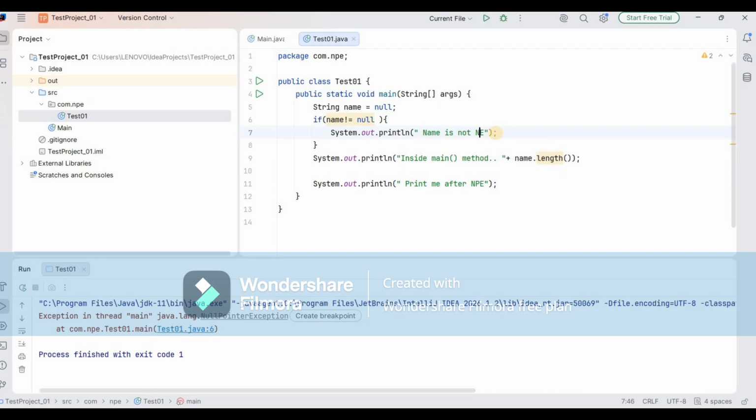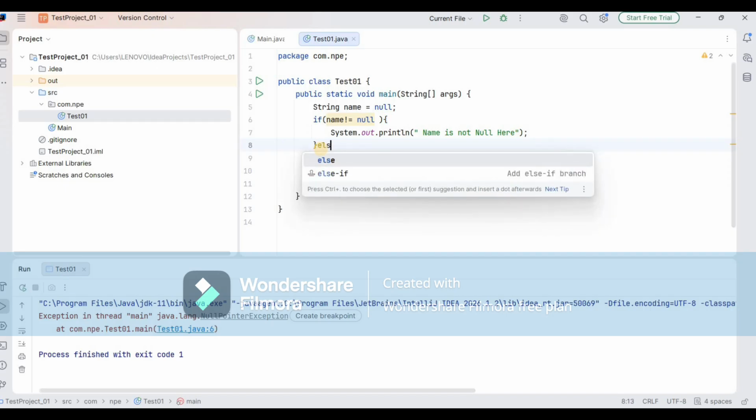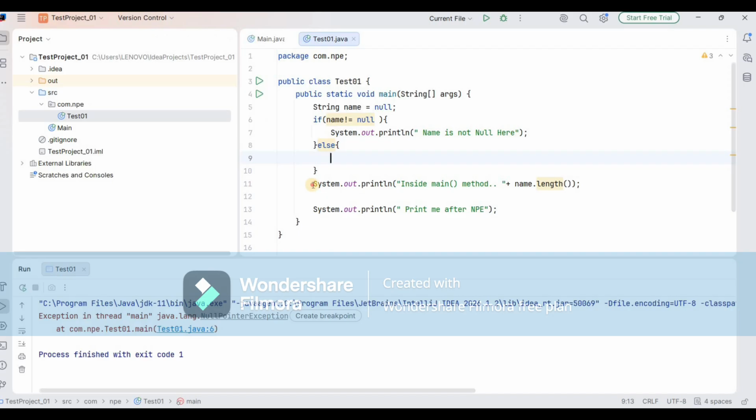Name is not null here, right, and else we have to provide name is null here, please provide the name. Right? So in this scenario,